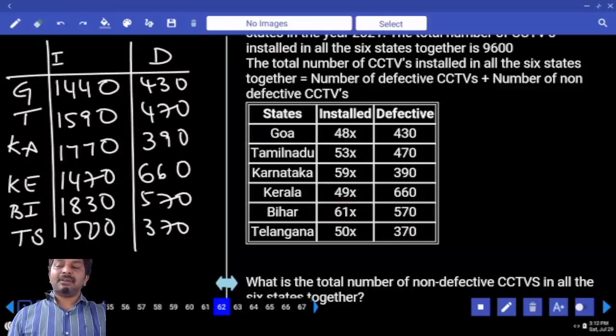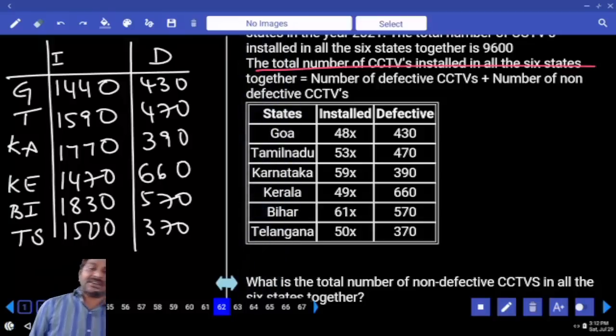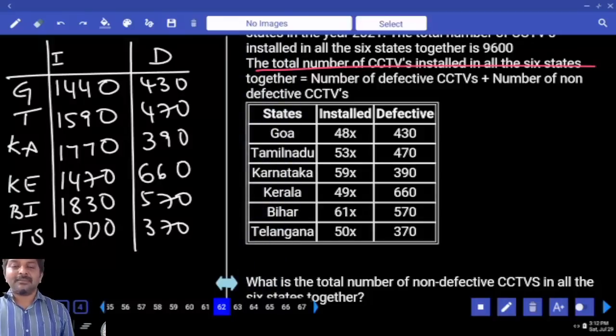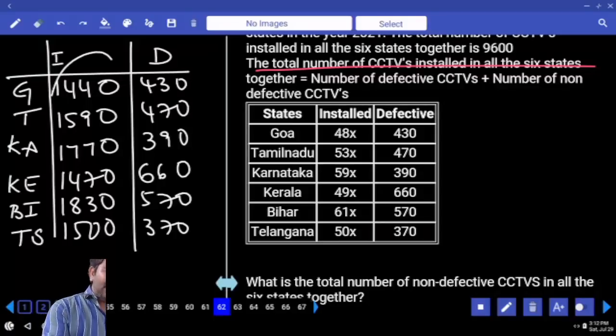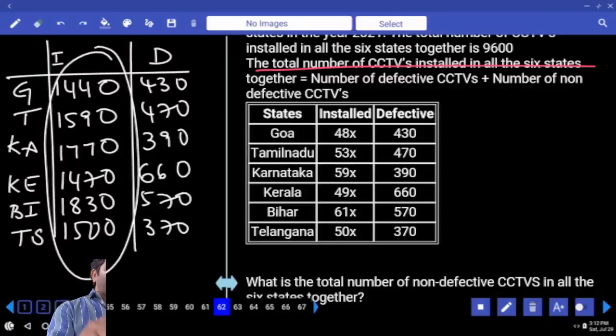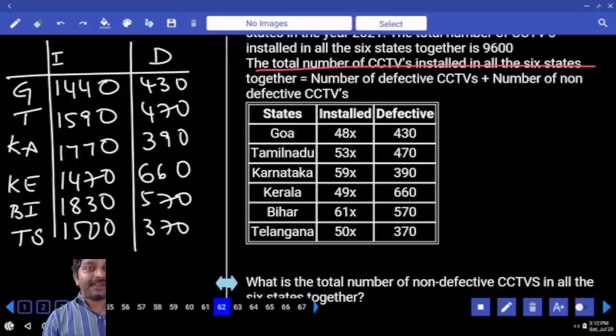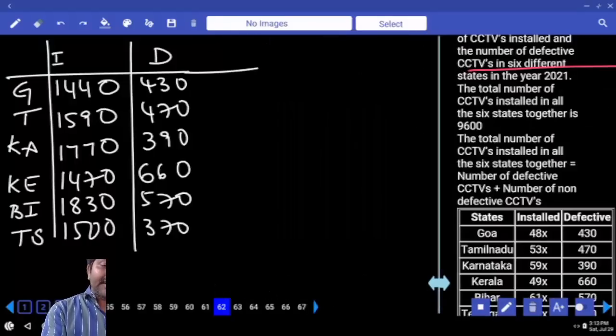And we also have one more piece of information which says the total number of CCTVs installed in all 6 states together is the total number of defective CCTVs plus non-defective. So this value is the total, right? Which includes defective and non-defective. So now if you take the difference, you get